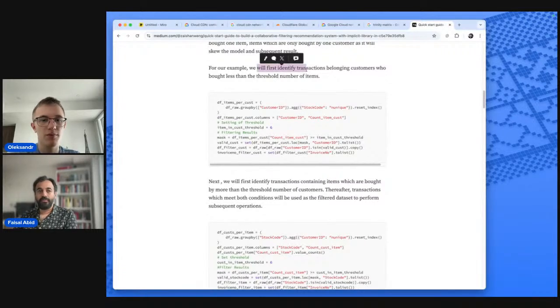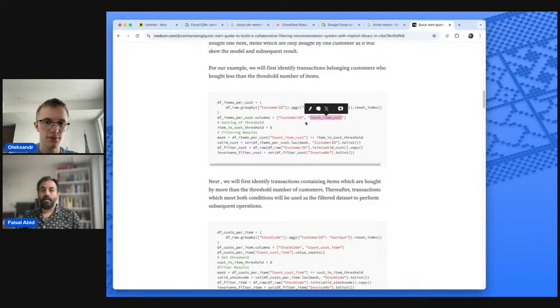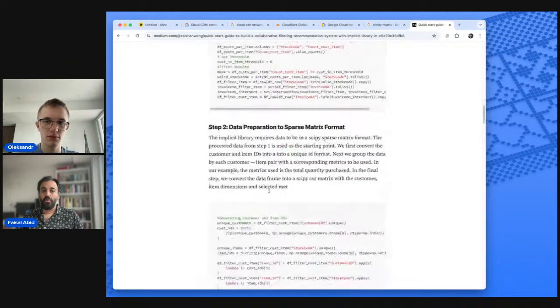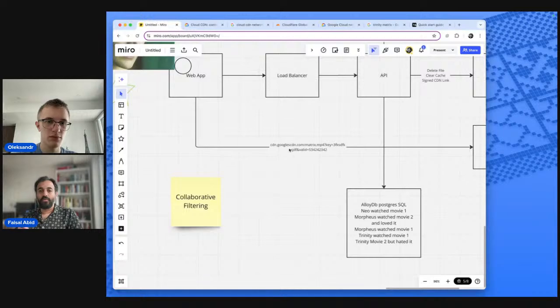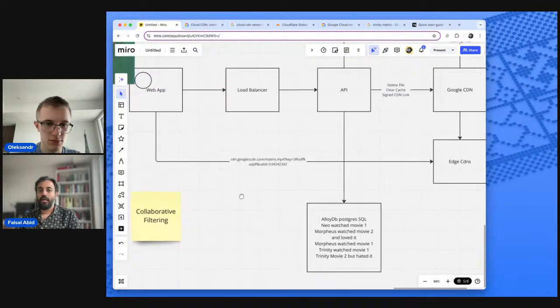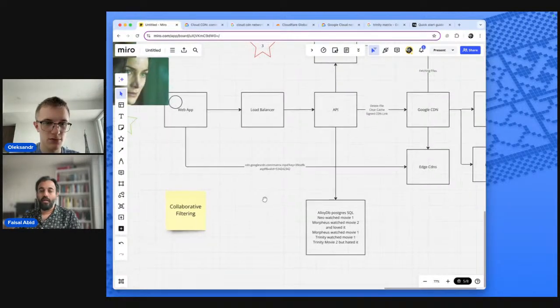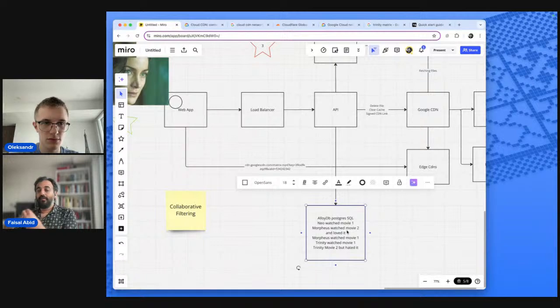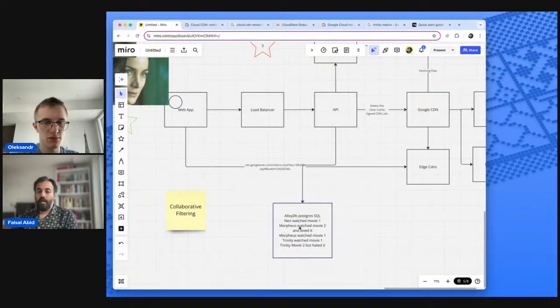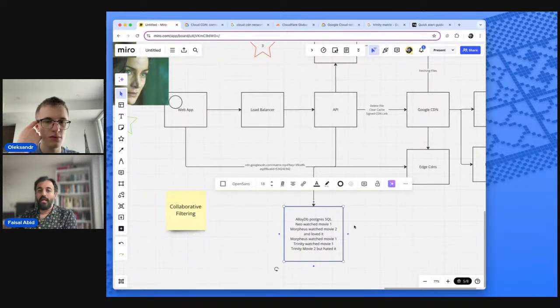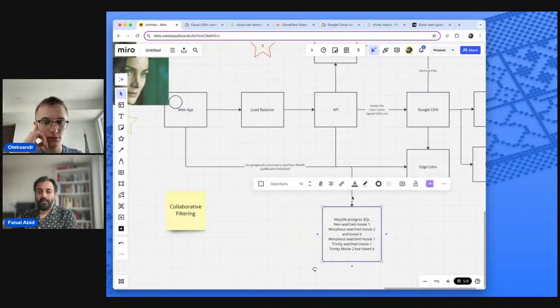See, in this one, they're doing e-commerce. Same thing with e-commerce. Recommendations are recommendations. Movie or you're buying shoes, it's all the same. So in this case, he's talking about how many times the customer bought something, and then they're just writing some code around it. We're not looking at code. We're just looking at high-level architecture. But that's what you're doing. You're going to create a database. The simplest way is to do it in SQL. I mean, you can then write some Python code.